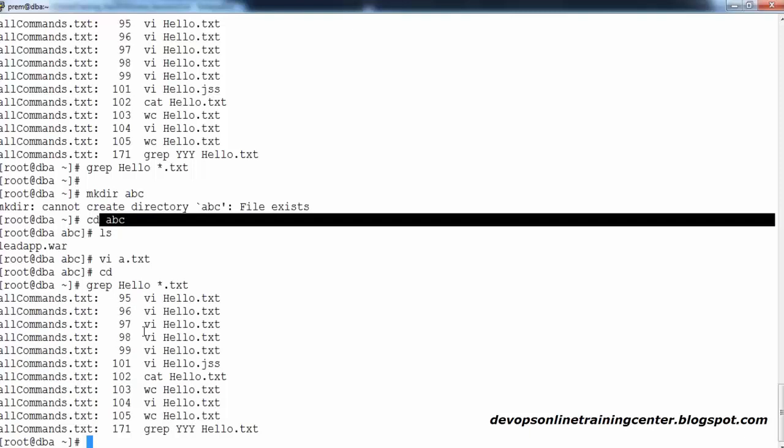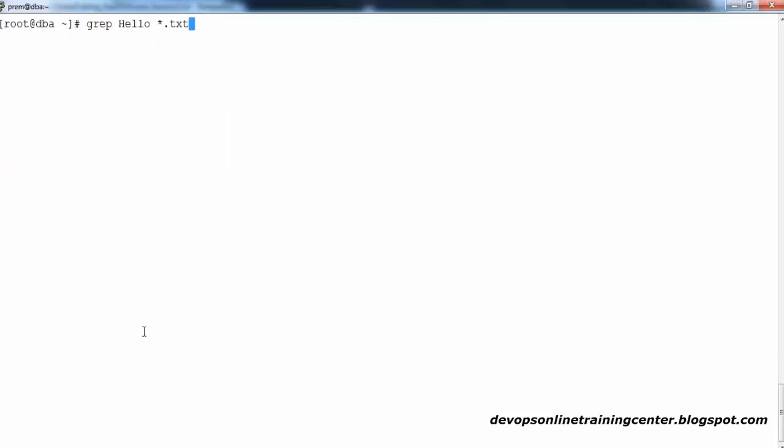Nothing but grep command, a plain grep command will work only within the directory. It will not search in the subdirectory. Something like you search in the E drive in your Windows operating system, right? If there are some directories in the E drive, it will not go inside the directories and search for the pattern. So to search in each and every directory, you can make use of an option called -r. -r is an option where grep command will search for a given pattern in each and every subdirectory by digging into all the subdirectories, not only one level, multiple levels.